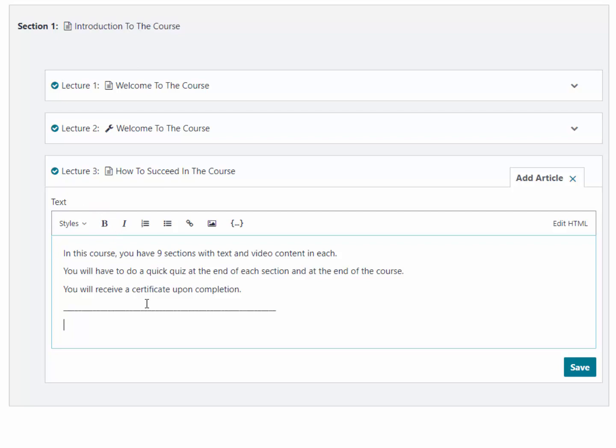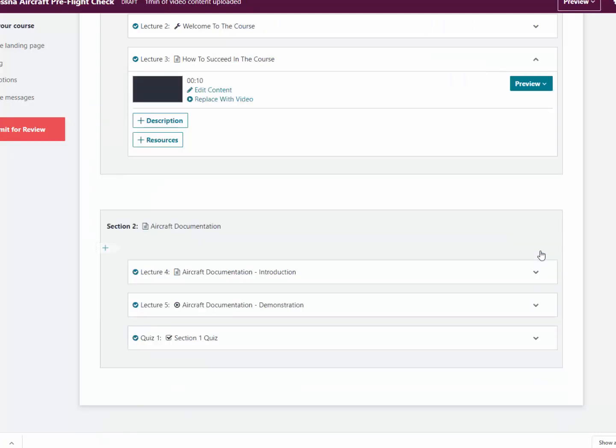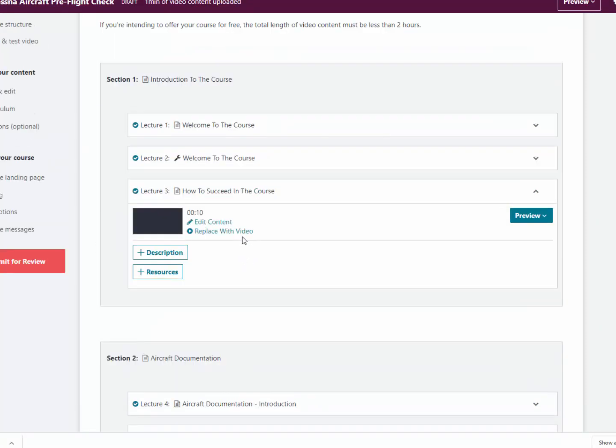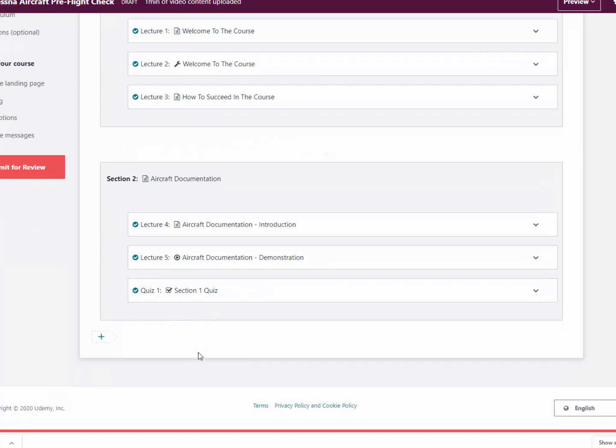So I like this. I'm actually just going to stick an image in there. So nice little graphic, doesn't hurt. I'm going to save. And I've got an introduction that has 3 areas in it, and then it'll automatically take me to aircraft documentation, and then it will take me to the next section